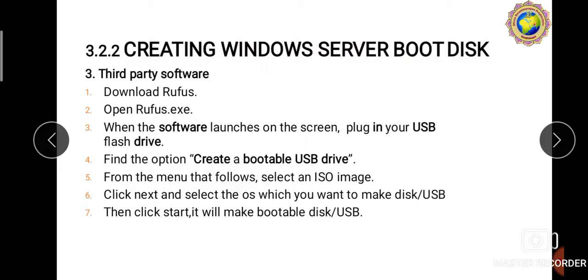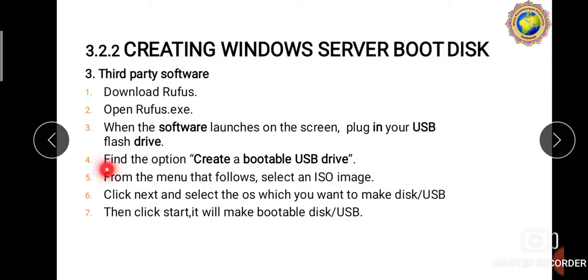Here the third party software is Rufus. Download Rufus, then open the rufus.exe file. When the software launches on the screen, plug in your USB flash drive. The USB flash drive is nothing but our pen drive.